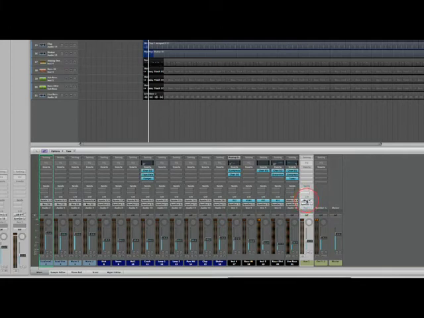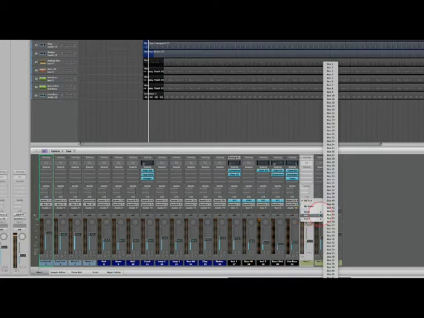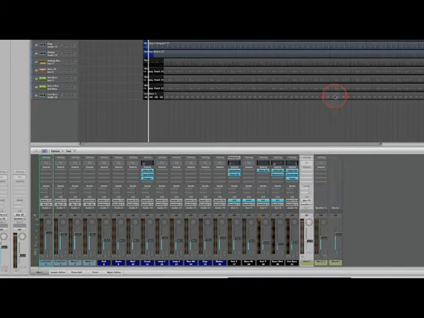And so that's why this routing came up this way. So in order to change this, it's very simple. Just come up here to the input, and what we want to do is set this aux1 to receive the input from bus 10. And what that's going to do is take all these vocal tracks, and if I solo